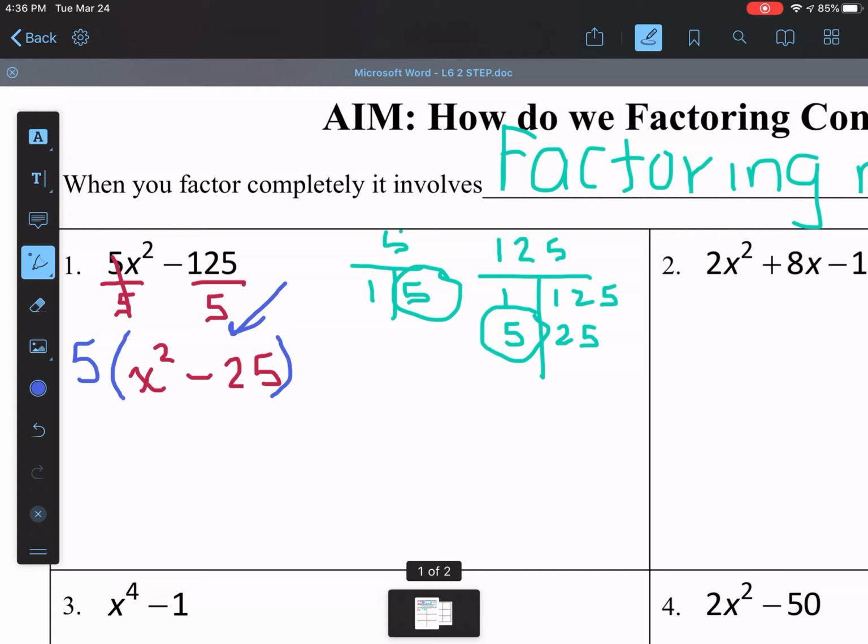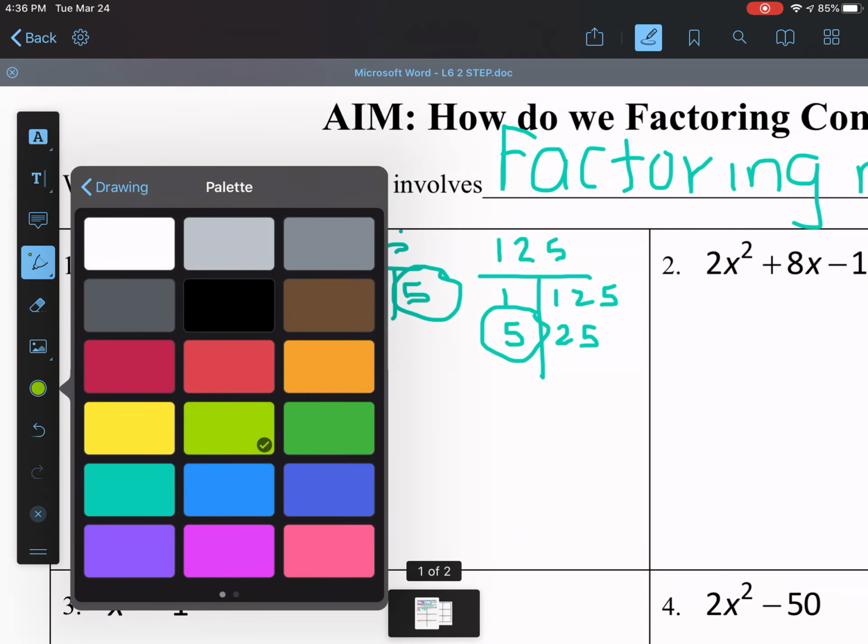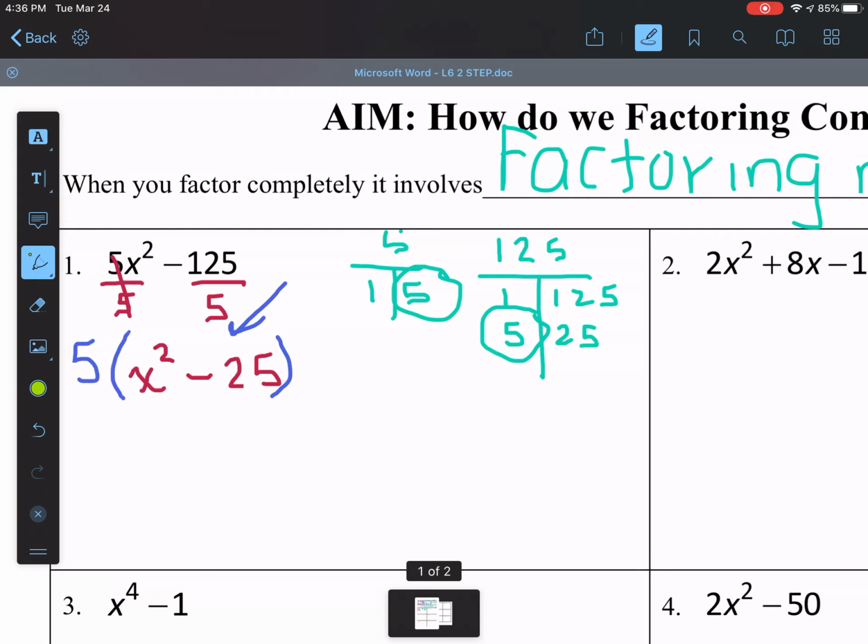Okay, so now if you take a look at the x squared minus 25, we have a difference, we have subtraction, and x squared is a perfect square, 25 is a perfect square. So we can keep going. We can keep factoring this one more time, okay? So the square root of x squared is equal to x, and the square root of 25 is equal to 5, okay? So what you're going to do from here is just do your double bubble,